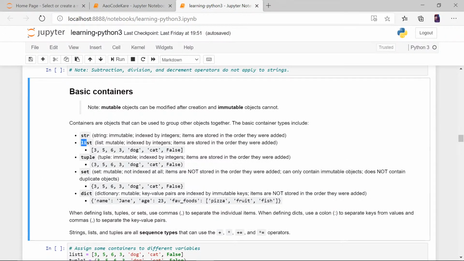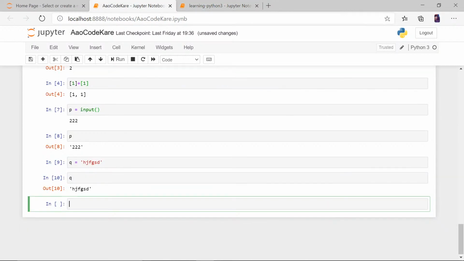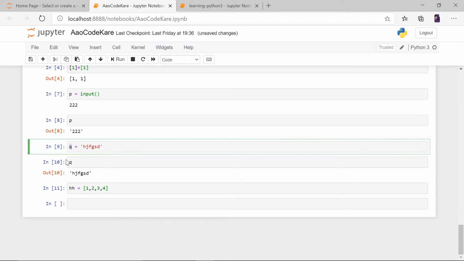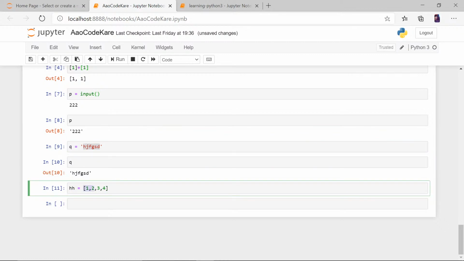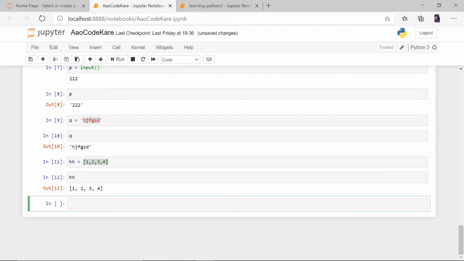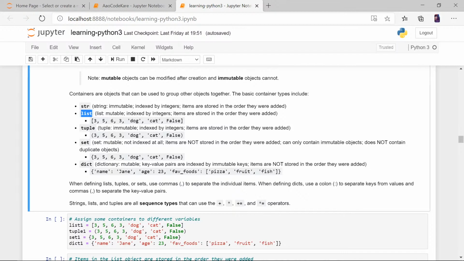Let's understand list. A list is when I make any variable equal to 1, 2, 3. So this is the list, right? Now q is a variable, h is a variable. q has just one value and h has many values. So it is a list variable, right? When I print hh, I get these values. I can even make a for loop for hh. But let's not get into it. Many people get confused when we do for loops at the start. Let's digest this in a very basic way.